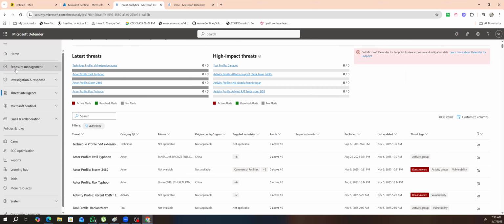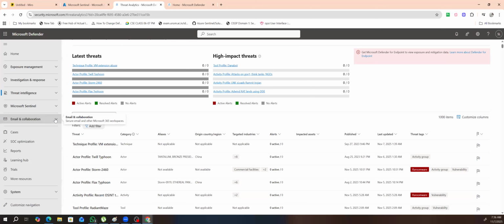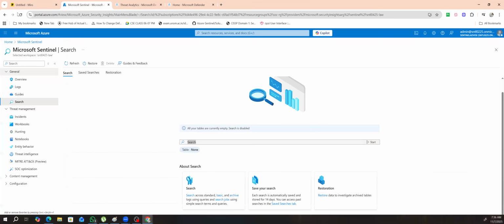It came up with only exposure management, email and collaboration, and so on, if you remember just now. It is because this was installed in our Microsoft Sentinel, and we have enabled it. When I refresh, you can see it will directly say